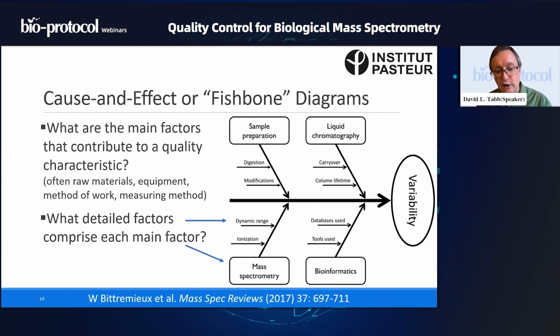So you should have a very clear question that animates the creation of this fishbone diagram. In this case, what is causing the results of our shotgun proteomes to vary in the proteins that they observe and the, let us say, rank ordering based on intensity, something like that. Okay, so being able to understand that complex causes lead to a combined effect is an important factor that we just have to take into account. The more complex the process, the more doors are open for variability to enter.